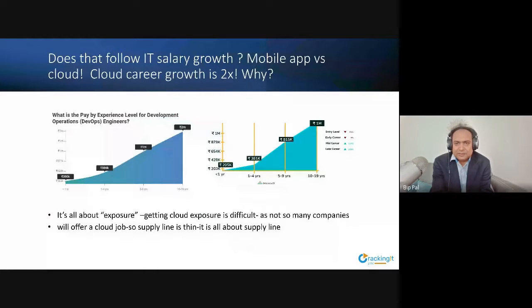It's the same thing with AI/ML. People think they deserve more salary in AI/ML because it requires a lot more mathematical and statistical skills, which is actually not true. In fact, the most interesting thing is that DevOps or cloud engineers are paid more, and will be paid even more than AI/ML engineers, because it's very difficult to become a DevOps engineer, because they don't get the exposure. Think about this.